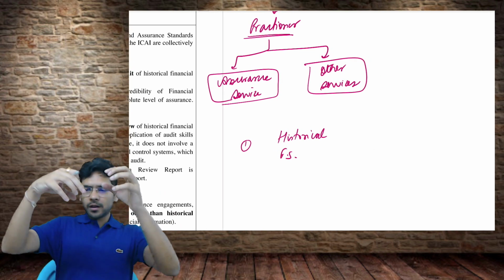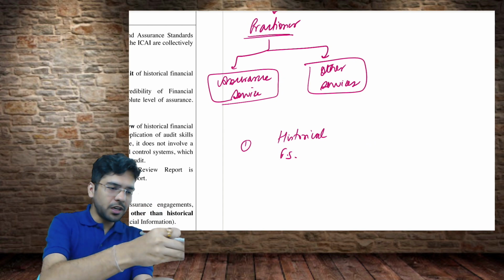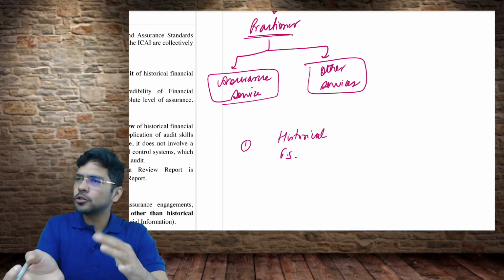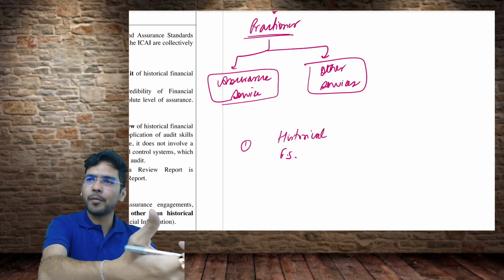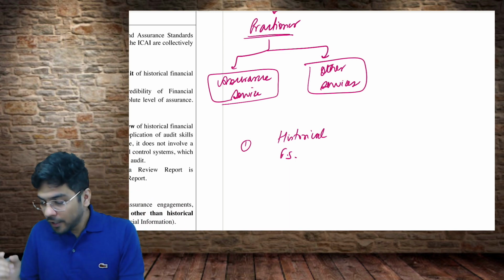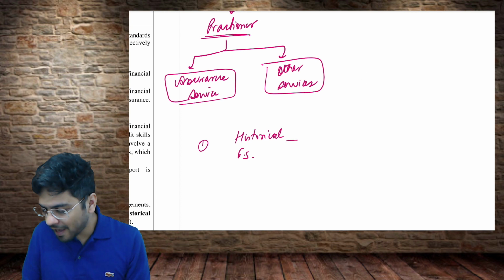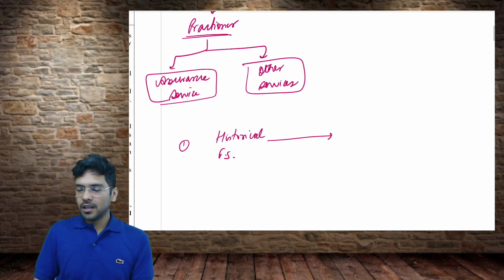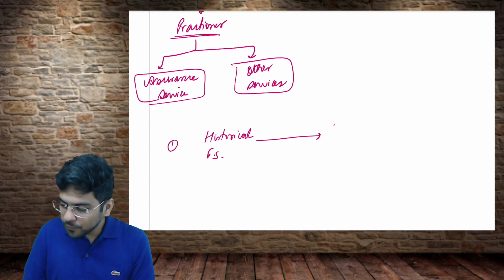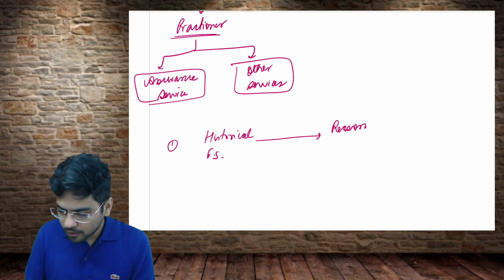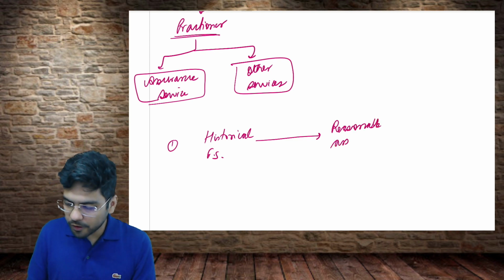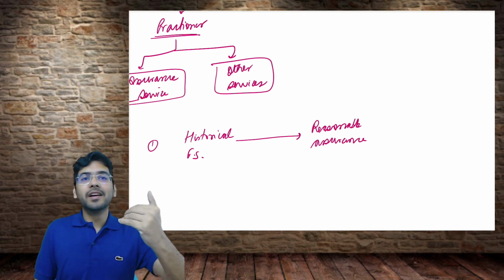Let's say if I am given financial statements of 31st March 2022 at this moment, it's a historical thing, events which have already taken place. So if I have been given historical financial statements to check, and I give reasonable assurance on it,